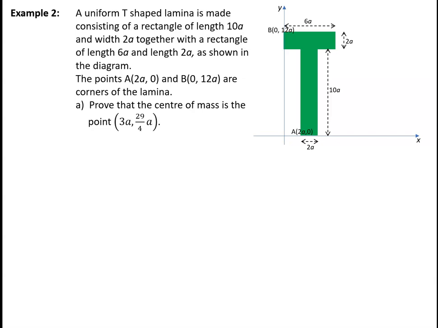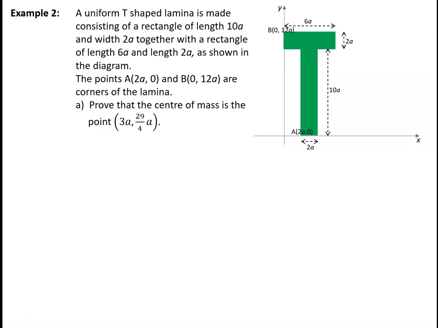So, a second example now, we've got a uniform T-shaped lamina. It's made consisting of a rectangle of length 10a and width 2a, together with a rectangle of length 6a and length 2a, as shown in the diagram. Point A is the point (2a, 0), and the point B is the point (0, 12a). Are corners of the lamina, and we've got to prove that the centre of mass is the point